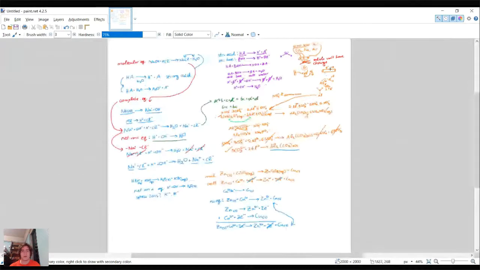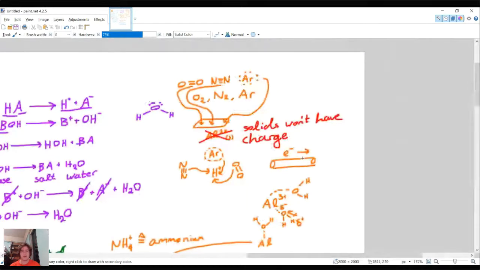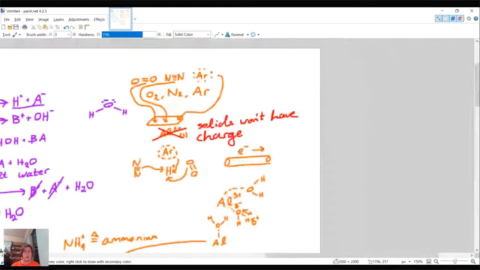So what I was explaining here is why something with a charge implies that it's aqueous. So what would happen with a solid that has a positive charge? There's an atmosphere. It's existing in an atmosphere, if it's solid just on Earth. And in the atmosphere, two of the most prominent chemicals are oxygen and nitrogen, and those exist as diatomic gases. So the oxygen gas exists as an oxygen bond to an oxygen with a double bond between the oxygens.